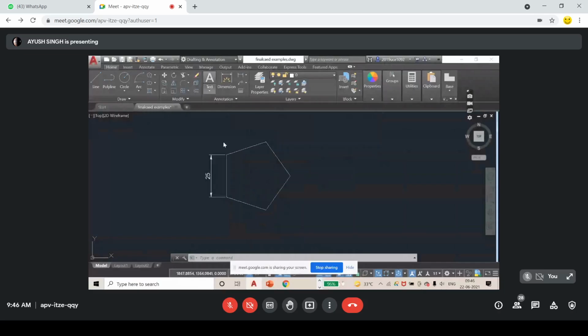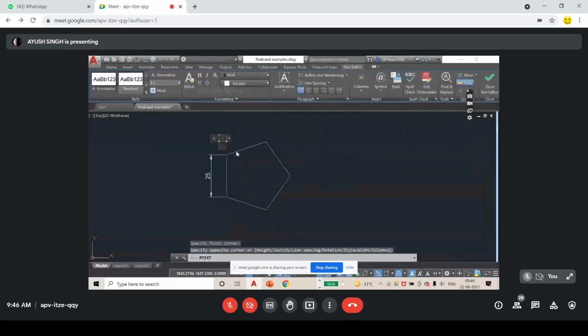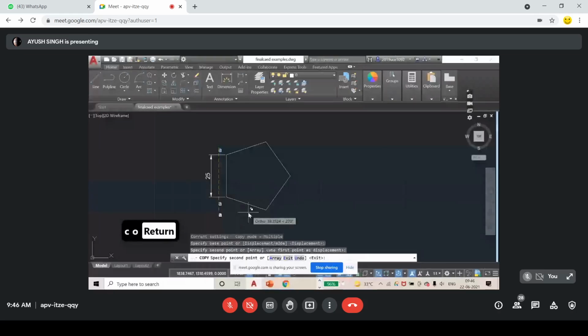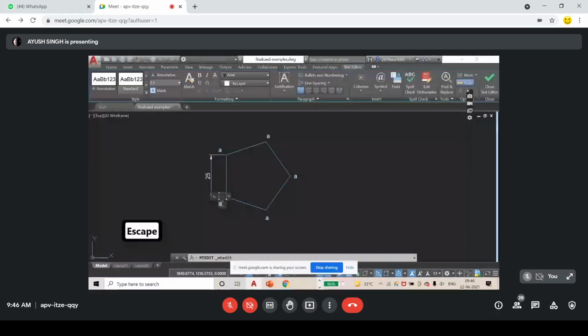Now after this, just start doing the marking of this. So it is in the top view, we will not be using dash, and we will be using small letters. Okay, so this I am marking as a, and I am copying it, and this I also want to mark, and turn off the ortho. This, this, and this. Okay, so this is my B. I'm showing all the steps so that you can see.